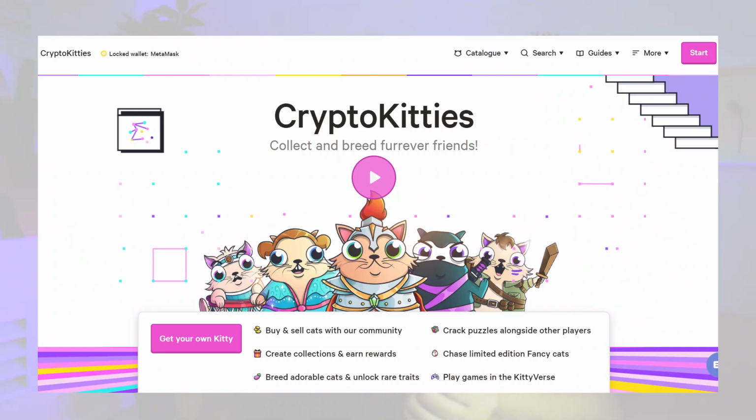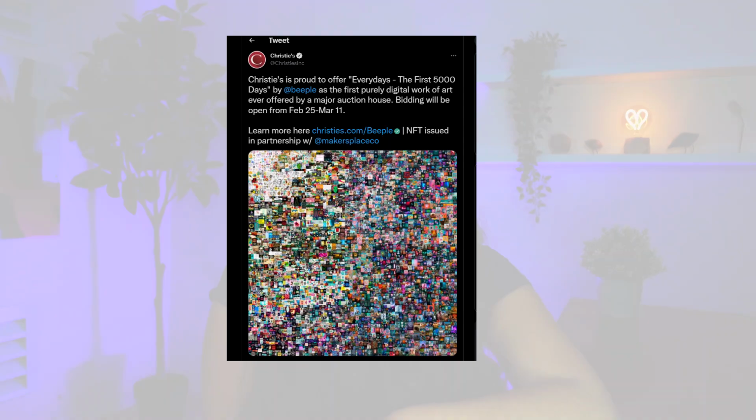At this point, you may be thinking that adding utility to an NFT project seems cool, but also like a lot of work. I mean, aren't there successful NFT projects that launched that did not include utility? Maybe you're thinking about collectible NFTs like CryptoKitties, or digital art NFTs like Beeple's Every Day is the First 5,000 Days. Yes, successful traditional NFTs do exist, but the traditional NFT industry really ultimately boils down to a game of